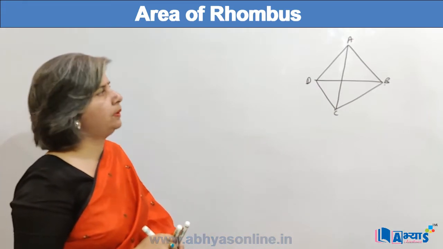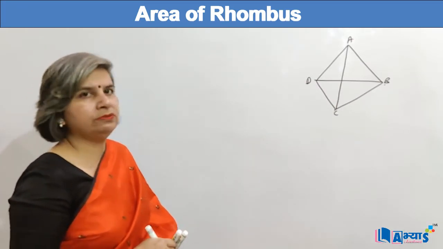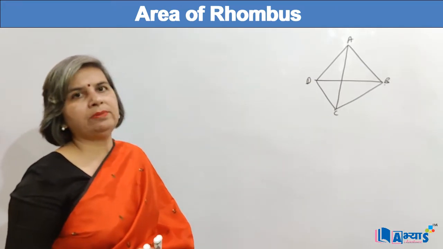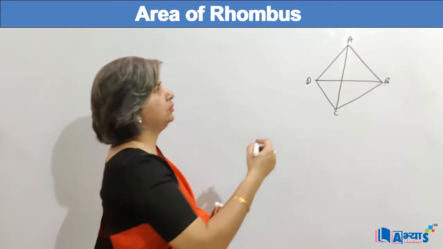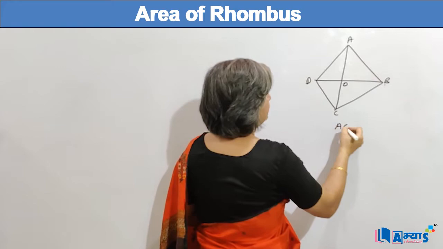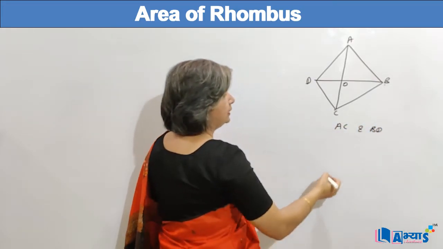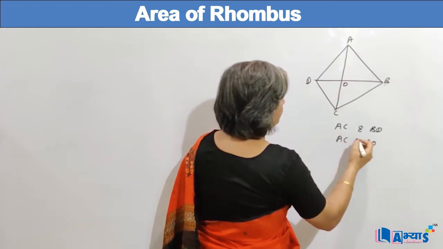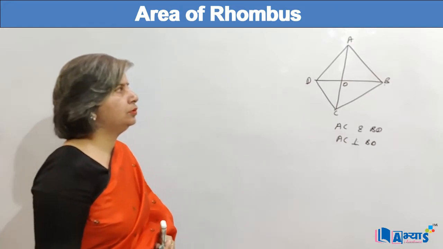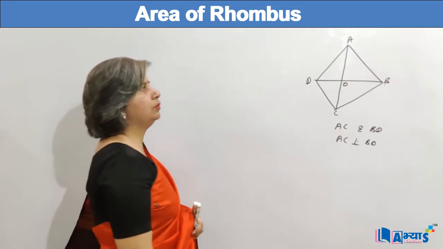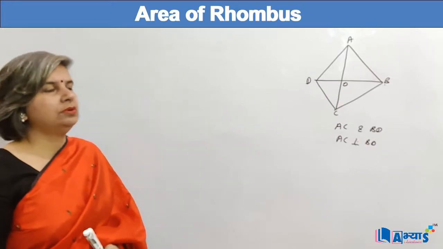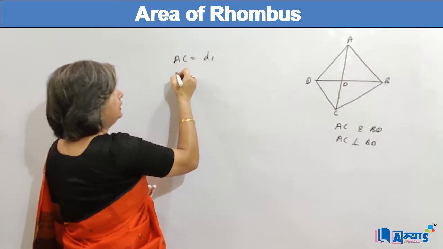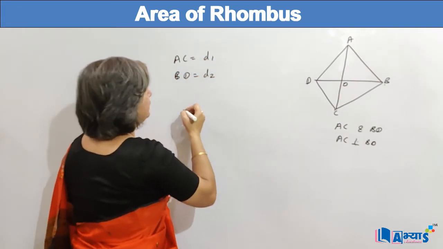We can use that concept, but we can use another concept in it because we know that the diagonals of a rhombus perpendicularly bisect each other. So we can say that AC and BD are the diagonals and AC is perpendicular to BD. That means AC and BD perpendicularly bisect each other. So O is the midpoint of AC also, and O is the midpoint of BD also. So if the diagonal AC is equal to D1 and diagonal BD is equal to D2, so we can say